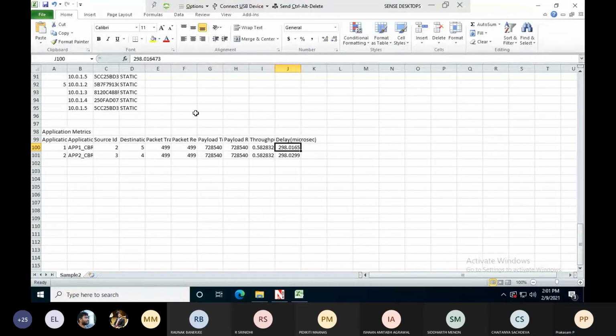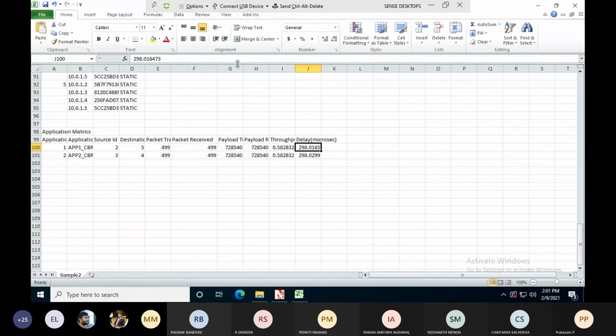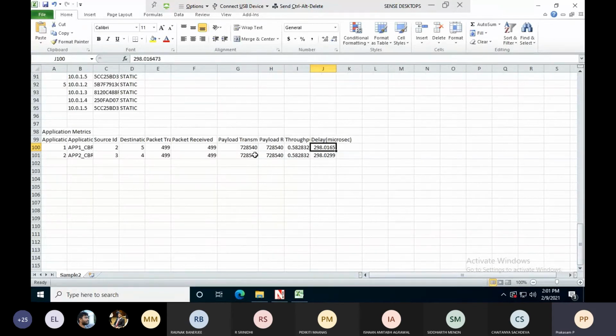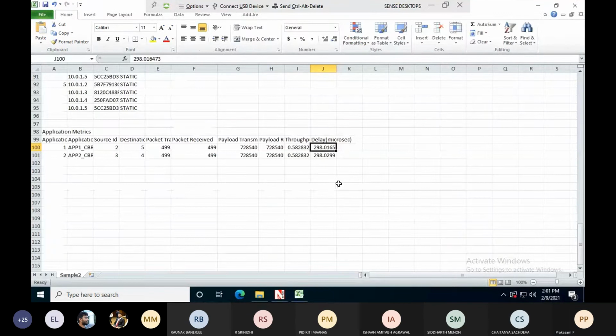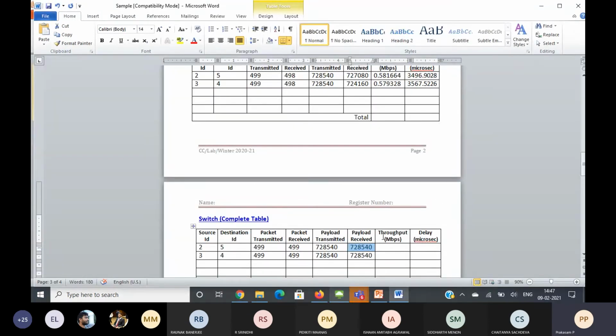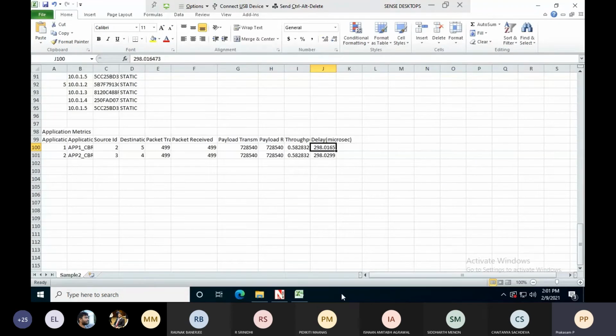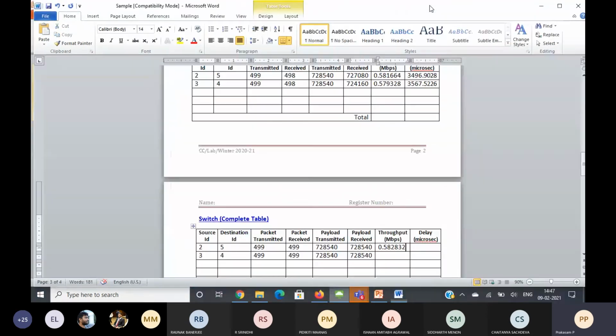Then the payload transmitted 728,540, received is also 728,540. Throughput 0.582832, 0.582832. I think it is the same for both the links.